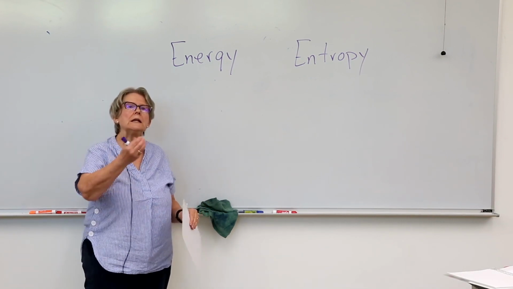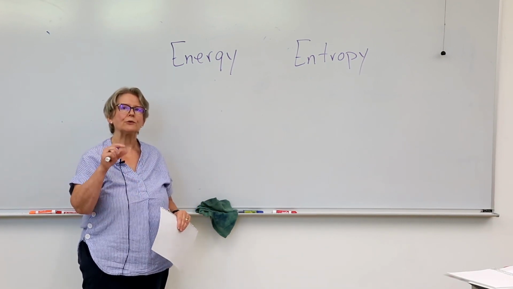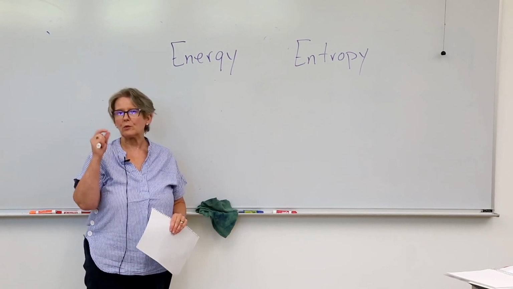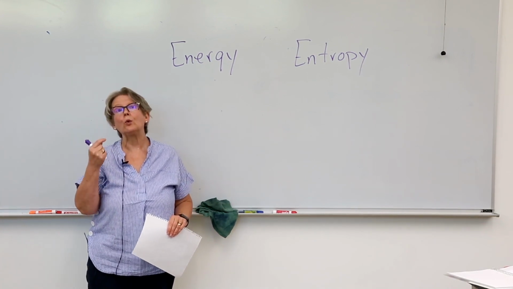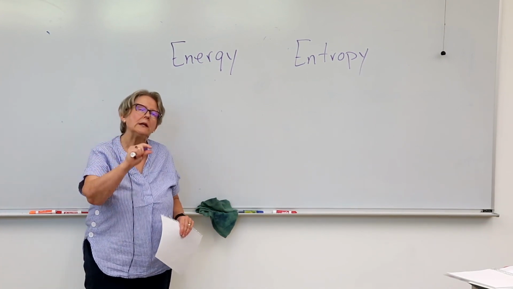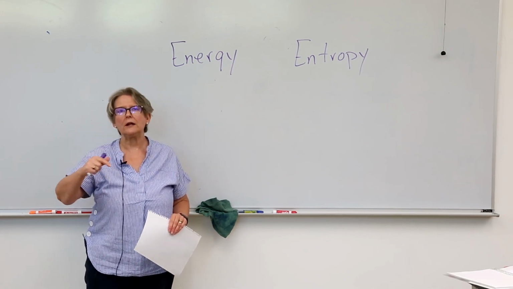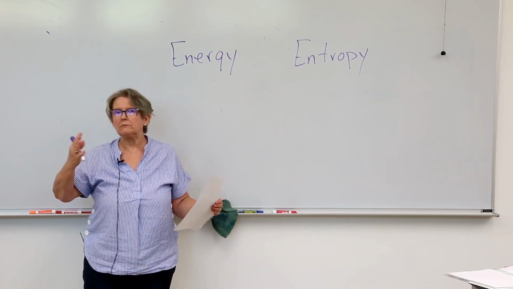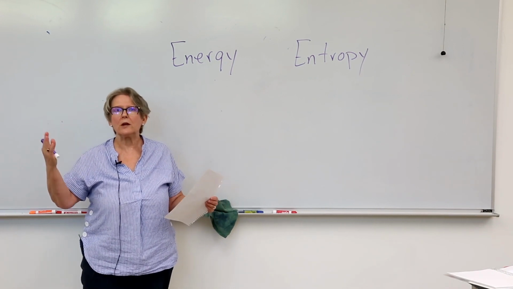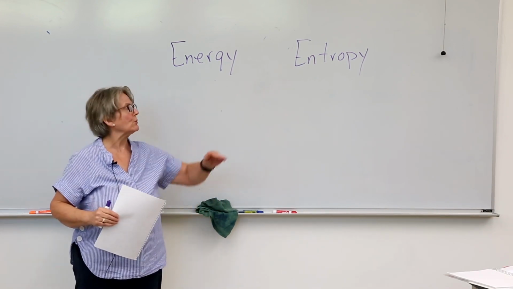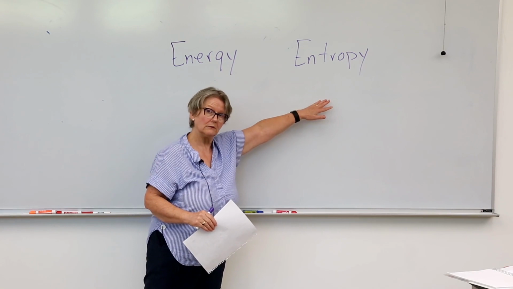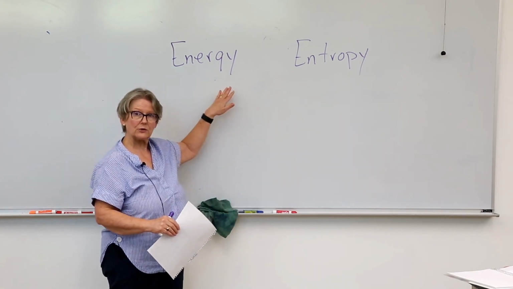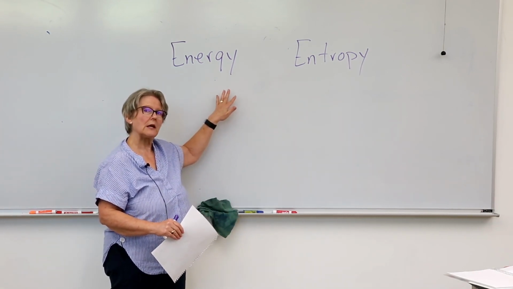Living things need a constant input of energy in order to maintain that order. Remember, one of the characteristics of living things is that we are ordered. We are ordered at the molecular level. We have order at the cell level. We're even organized at the species level. We have species, we have groups. But in order to avoid entropy, we have to keep putting energy in. It takes work to stay organized.